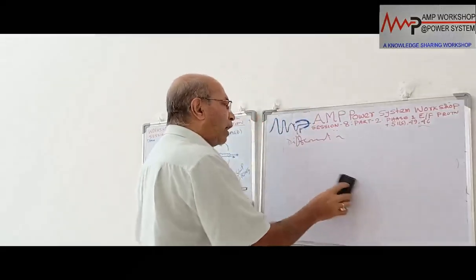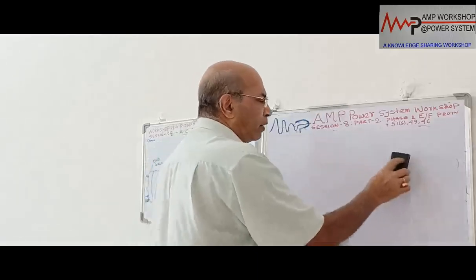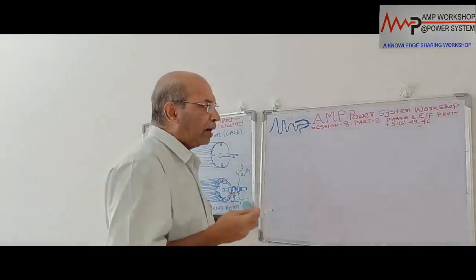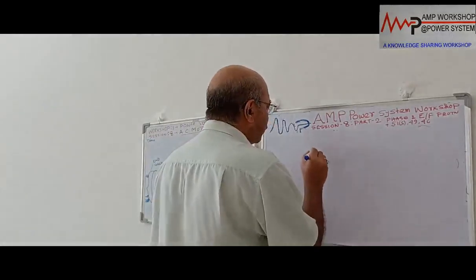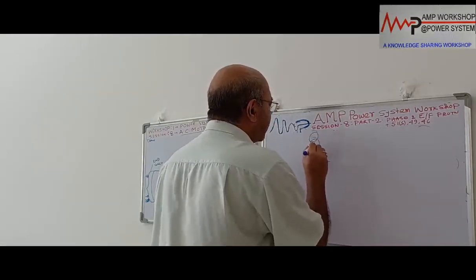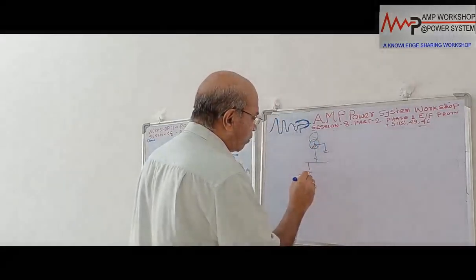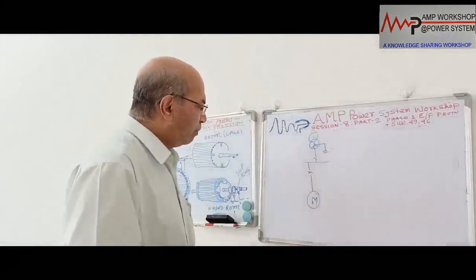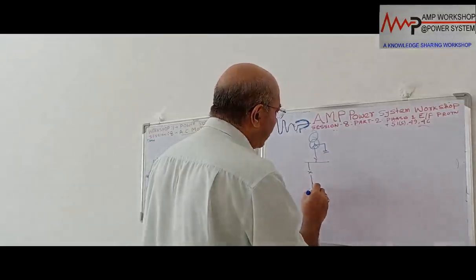Now we will go for the earth fault of the motor. Earth fault protection is very much dependent on the system earthing condition. How has the system earthing been done? System means here, suppose this is a switchgear, and this switchgear is getting power from, suppose, an upstream transformer. There is a transformer over here. Suppose this transformer is grounded. Okay, now we have the switchgear over here, and this is feeding the motor. This is one of the cases like this. So if this is the case, if there is an earth fault anywhere, immediately what will happen?